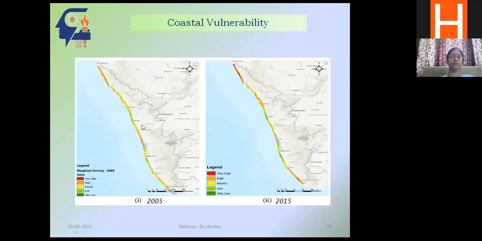And then we found out based on geomorphology, I have not shown that. Geomorphology means the changes in the coastal area. And based on elevation, we took this vulnerability. And here you can see in 2005, my vulnerability is only in this small portion, and at some places here. Whereas when it comes to 2015, the vulnerability has increased at these places. Okay, so this also has some anthropogenic activities which have led to an increase in the vulnerability.